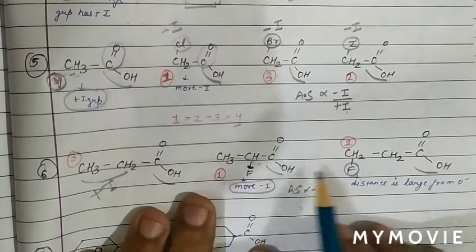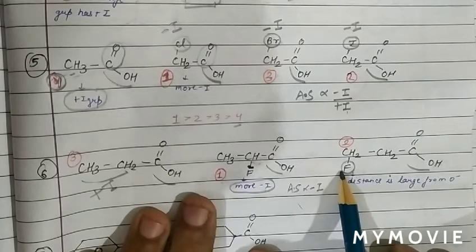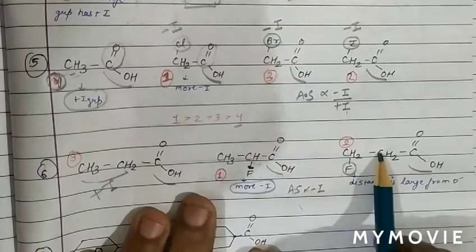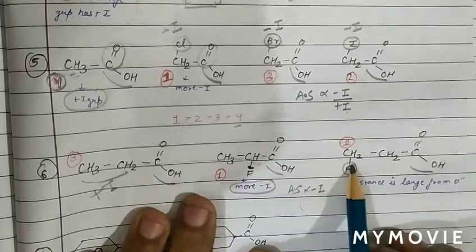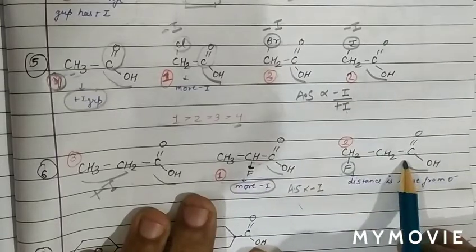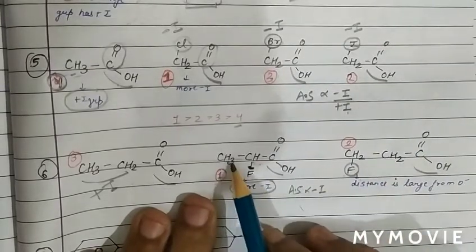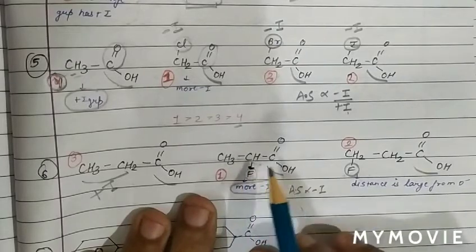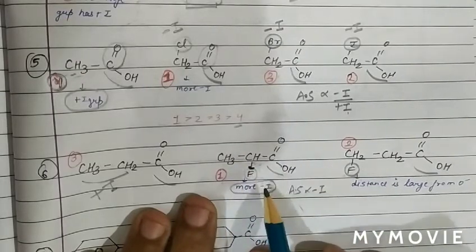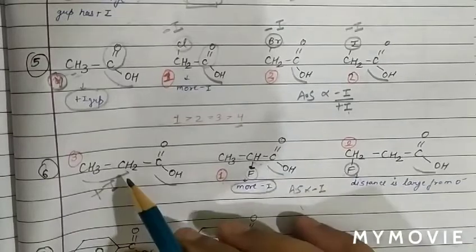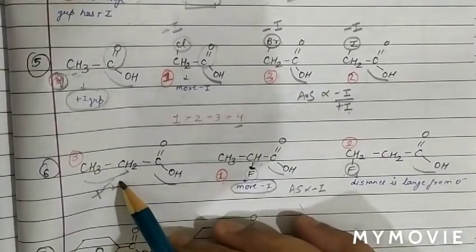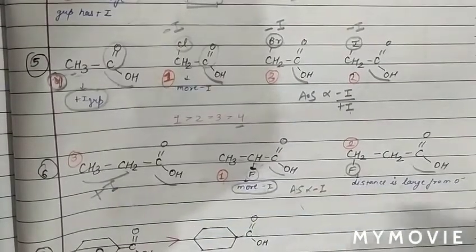And then again fluorine is also minus I, but at a larger distance with respect to the first. So due to minus I, it is also a stronger acid, but at number 2. Due to minus I group being close, it is stronger minus I, hence more acidic strength than this, and plus I decreases the acidic strength. Therefore it comes at number 3.